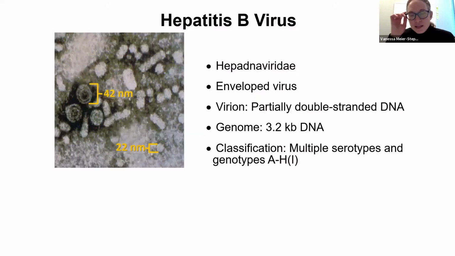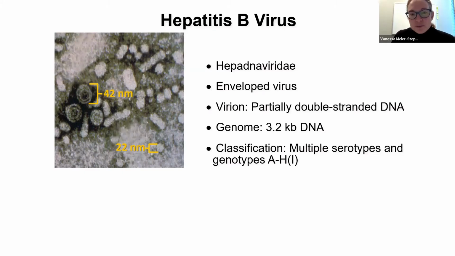So let's go really small now. We're going right down to the size of the virus. Hepatitis B virus itself is an enveloped virus. It measures only about 42 nanometers. If you're curious, the coronavirus is about 120 nanometers, so it's 3 times smaller. It has a partially double-stranded DNA genome, which is 3.2 kilobases of DNA. Again, coronavirus is 10 times that, at 32 kilobases. So this is a very small virus, one of the smallest known to affect humans.